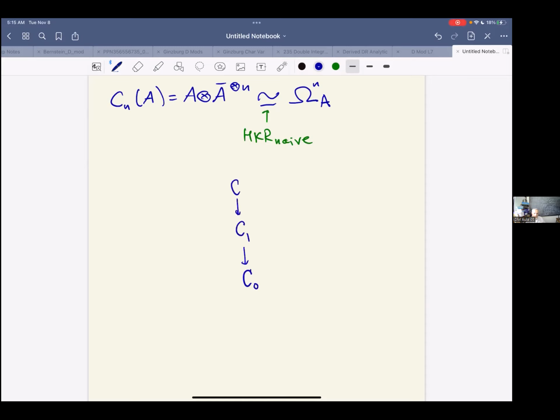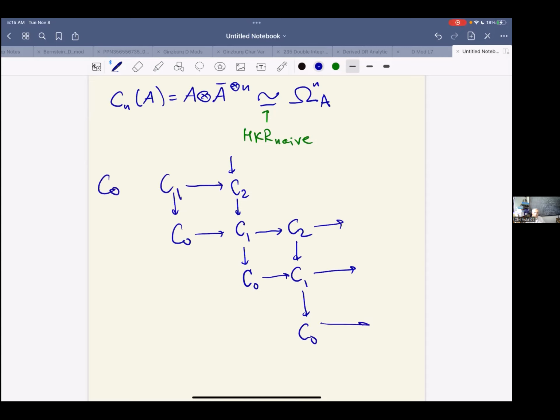As we all know, there are two differentials. One is the Hochschild differential and one is the cyclic differential, capital B. So they occupy half plane, kind of, if the plane is cut horizontally. So here we are. This is big B and this is little b.